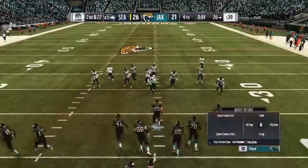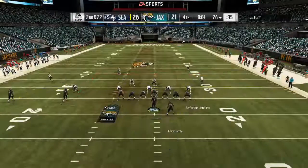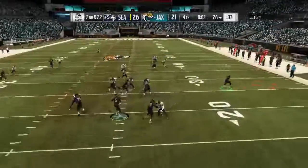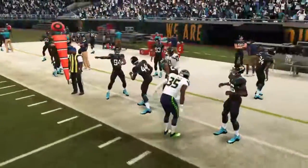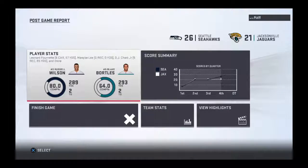That huge loss on the sack makes this job much more difficult. It's now 2nd down and 22 yards to go. One final try now for Bortles. And he'll get that to Fournette, complete. Well, going into the final play of this game, they